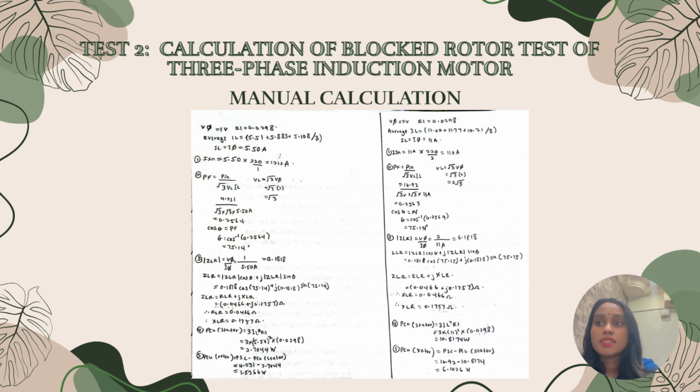So, line current ISN is equals to 1210 VA, while the power factor is equals to 0.2564 with a power angle of 75.14 degree. So, impedance per phase, which is equals to 0.1818 ohm, and expressed in a rectangular form, so it will change into 0.1757 ohm. So stator copper loss, which is equals to 2.7044 watt, and rotor copper loss is equals to